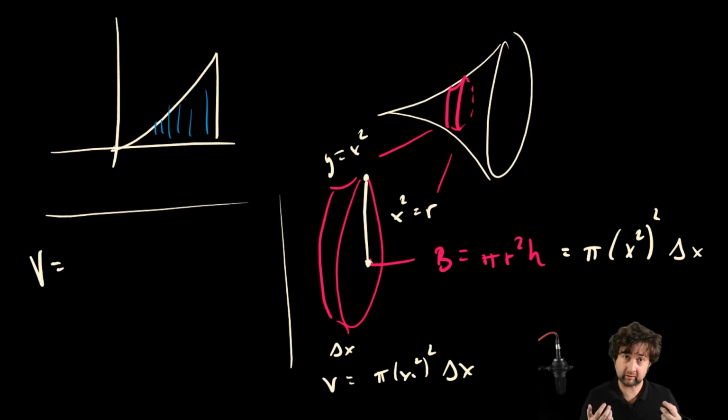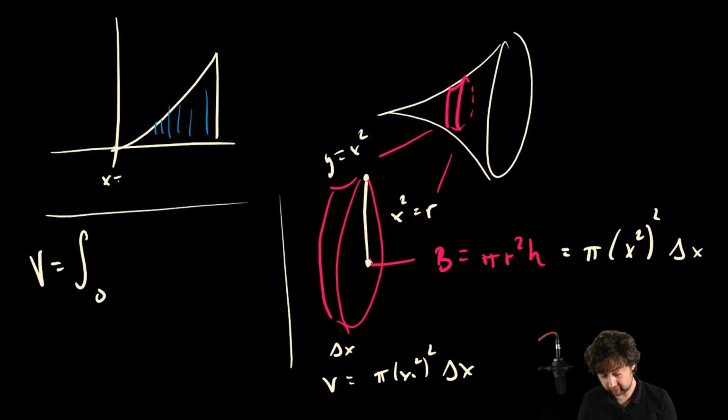well, where does the slicing begin? We start at 0 because that's where it told us the region began, and we finish at 1 because that's where it told us the region ended. Then we're going to use the integral to add up the volumes of all these little cylinders, so we get pi times x squared squared, not delta x anymore because we've taken a limit and we're in an integral, so